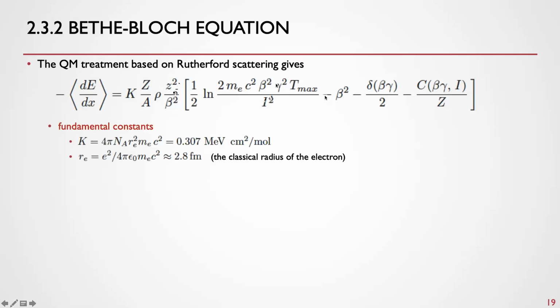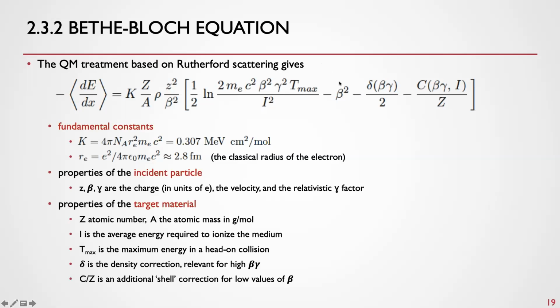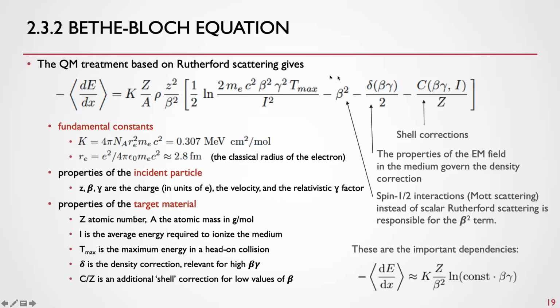The crucial dependence on the capital C, which is the atomic number of the target material, and the number of charges in the heavy particle, is exactly correctly described because the classical term is the leading one. And then there are different corrections. This beta squared here, let me show you the full slide. The beta squared here is a correction from the spin 1/2 interactions. It's only there if